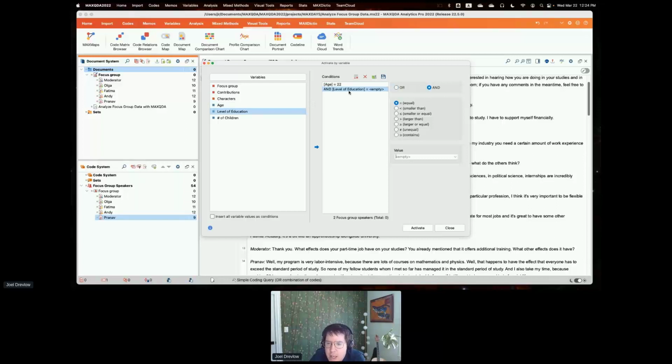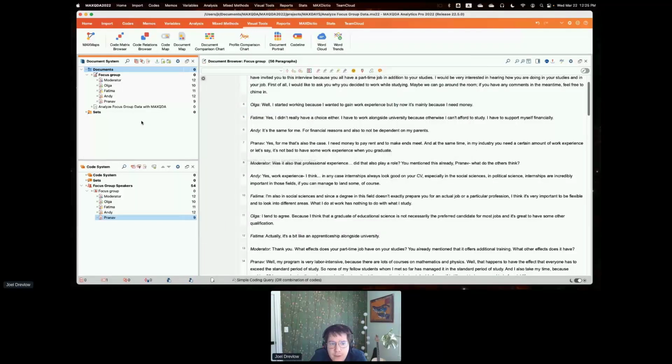So you'll have to play around with this a little bit, because the more values that you specify, the smaller your parameters get in terms of how much data you're pulling back. And I mean, that could be your goal, but just be aware of that, that the more levels you specify, the less data you're going to get returned. And so if I did that, I could activate these things. You'll see I have 2 focus group speakers. If I activate those, they should activate over here in my,